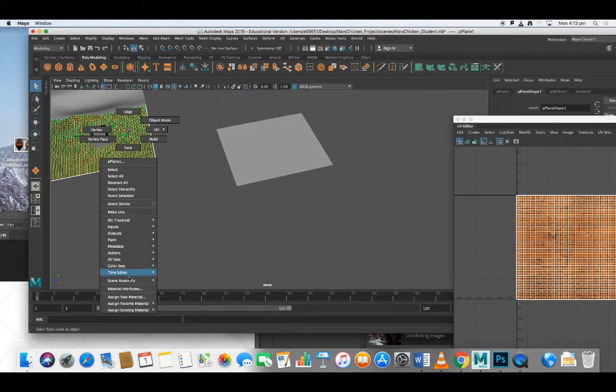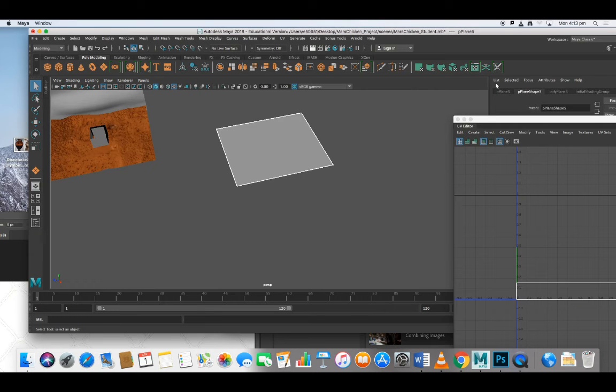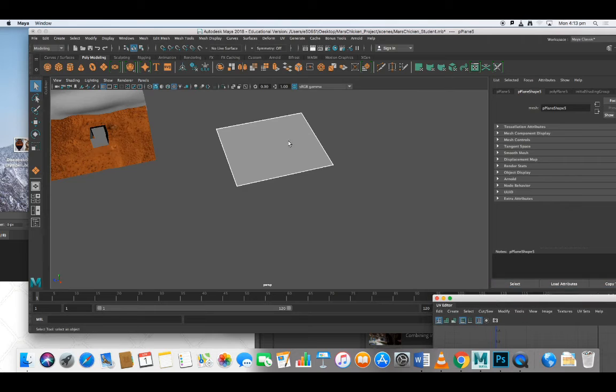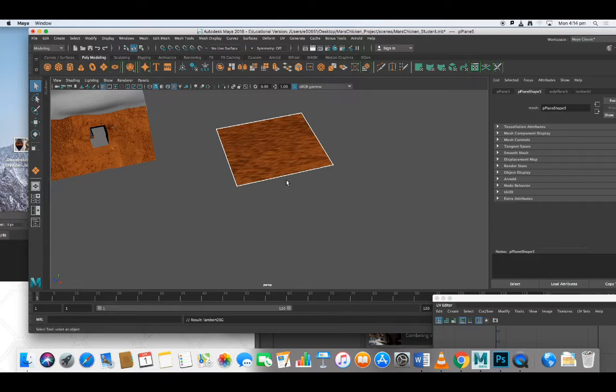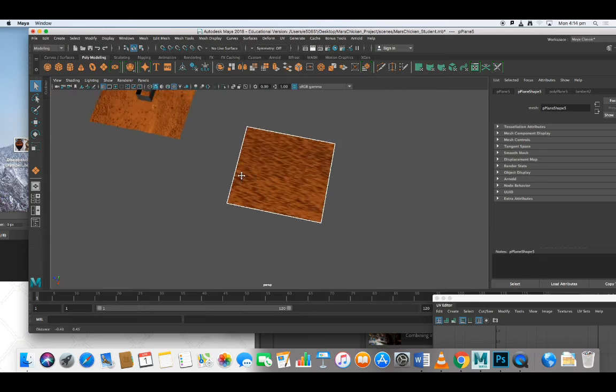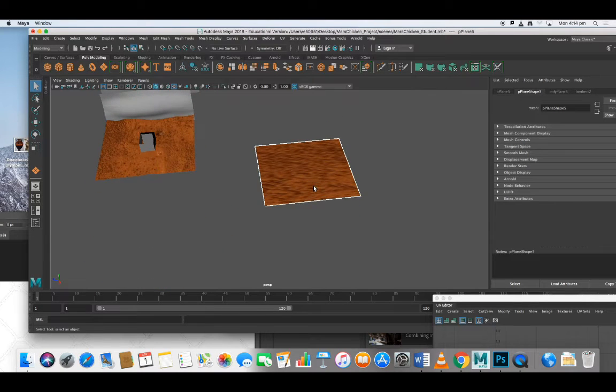Yeah. So this one is Lambert 2. Again, you can rename materials down the track because it's easier to keep up with what they are. So I'll assign Lambert 2 to this one as well, and then we'll look at what it shows in the UV editor. If I right click that object, go assign existing because we've already got the material, and choose Lambert 2,